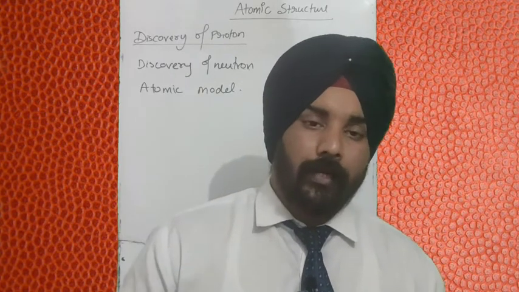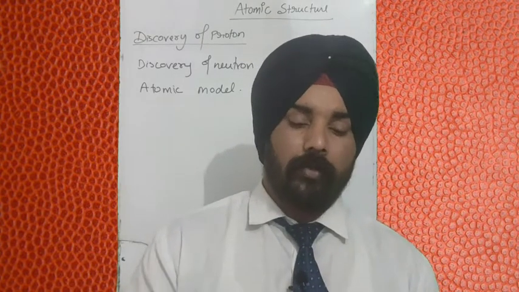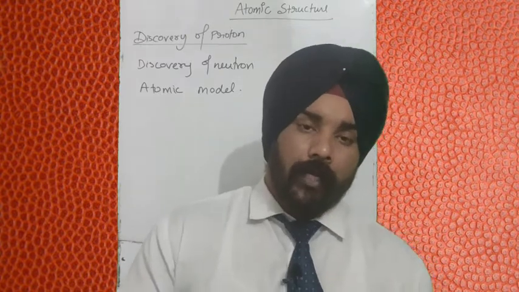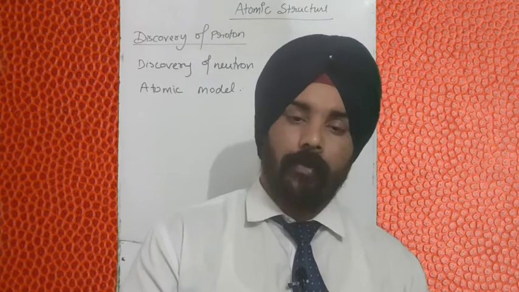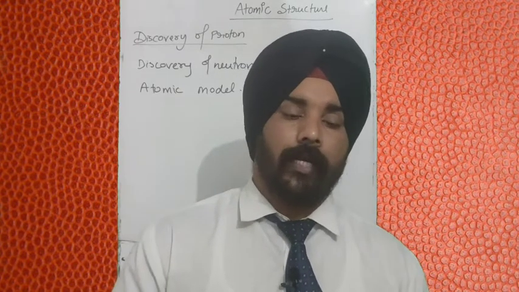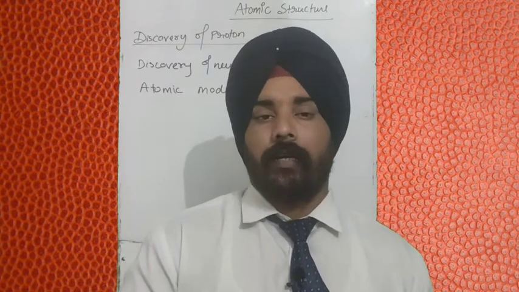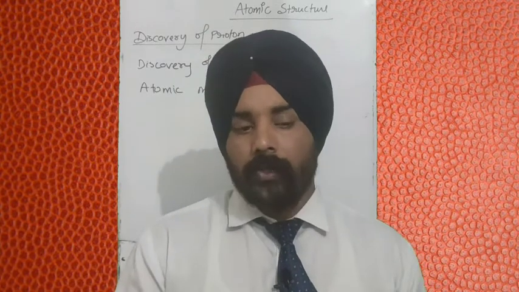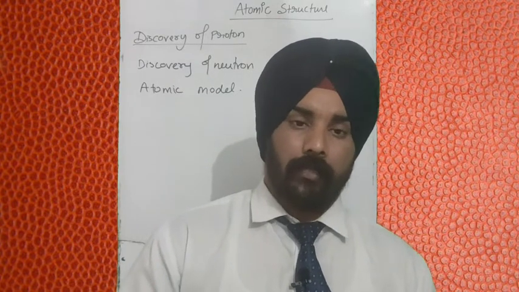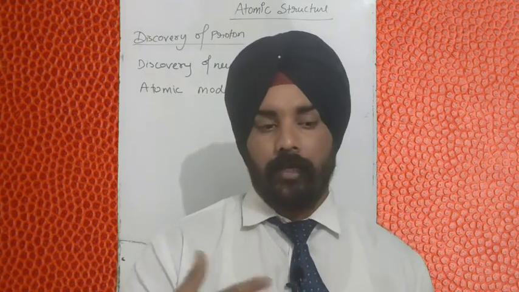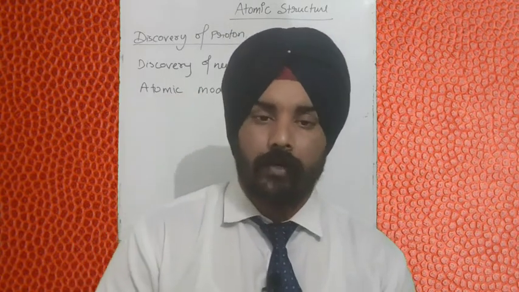Okay, then he studied some properties. So what were the properties? I'm not going through the written notes about this. They were also moving in a straight line. The charge upon mass ratio was depending upon the nature of the gas. They were also deflecting in an applied electric field and magnetic field, and they also had mechanical energy. They also had heating properties, so when they are incident on any material, they produce heat. So these were the properties of anode rays.